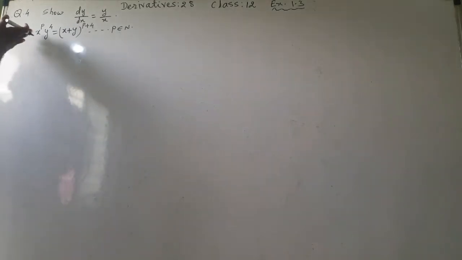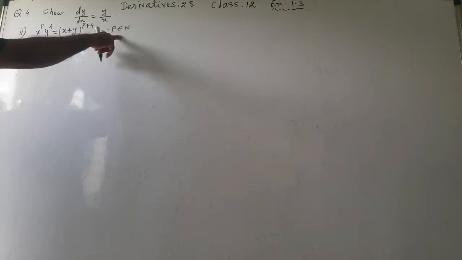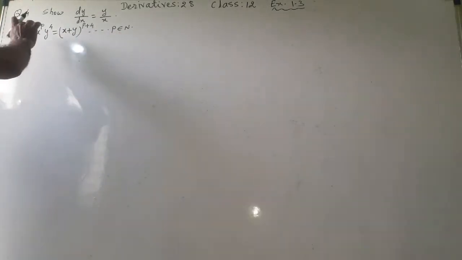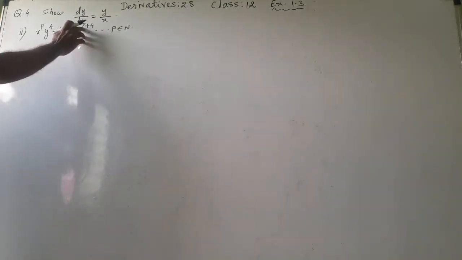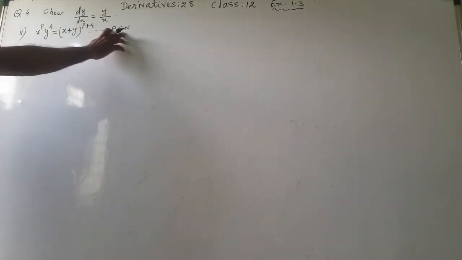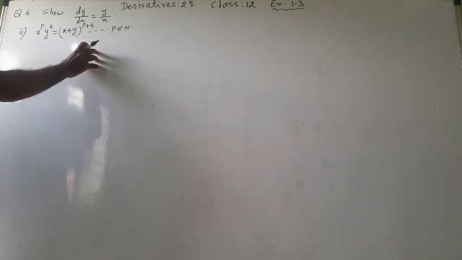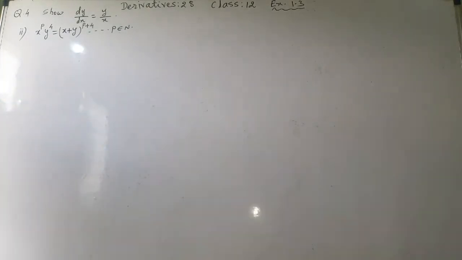So for this, it is complicated. P belongs to N, means it is a natural number. So the derivative of p will be 0 if we want to take it. So consider that it is a constant. P belongs to N means it is a natural number, that means it is some constant. It is not a variable, that is what they want to say.